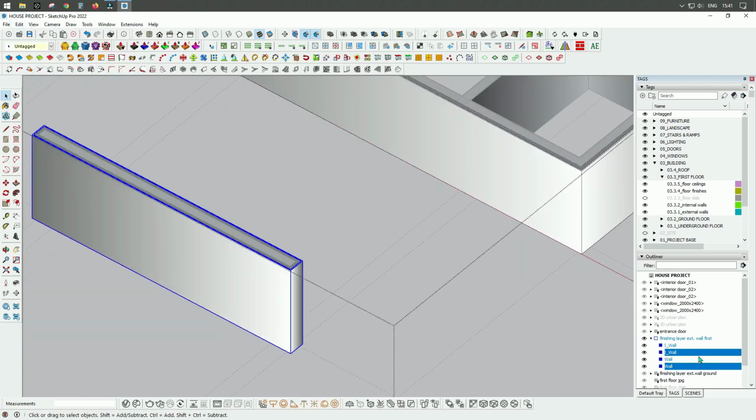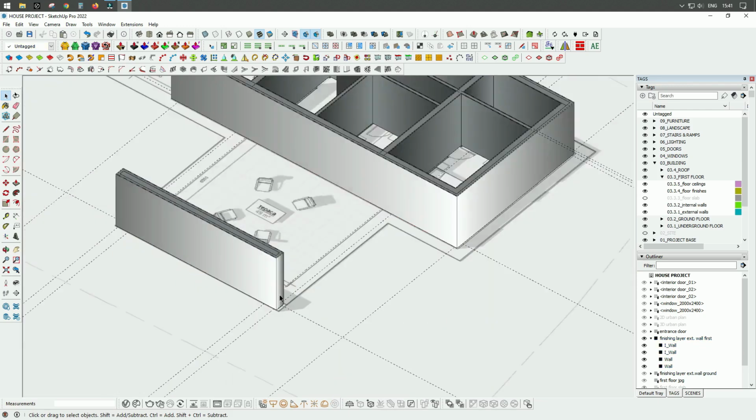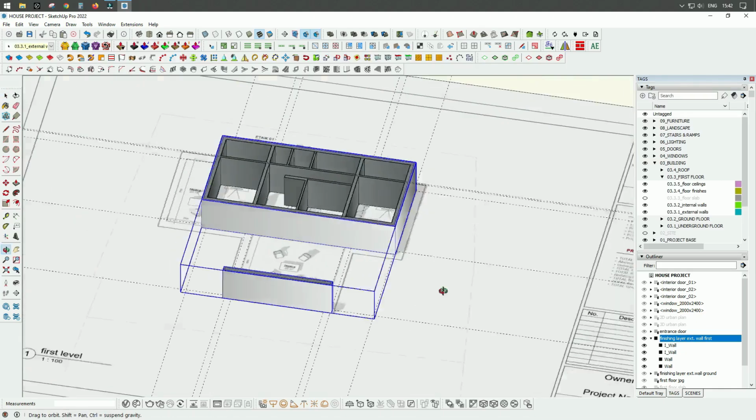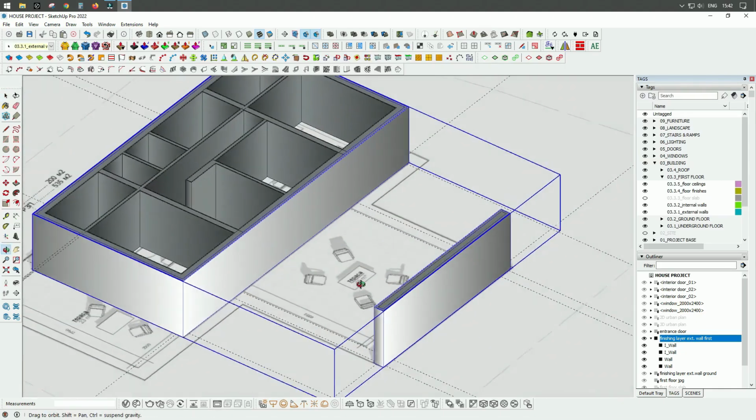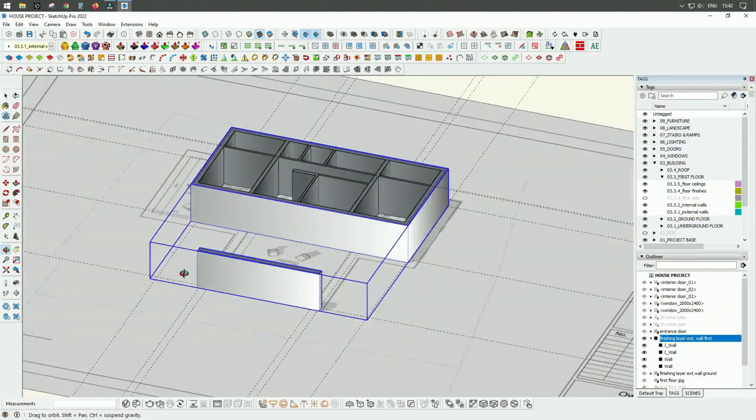And now these groups are a part of my main group for the finishing layer of external walls for the first floor. I can exit the group and we are completely ready with all our walls